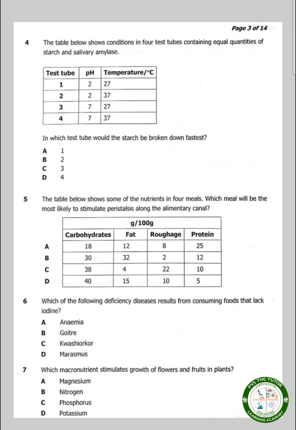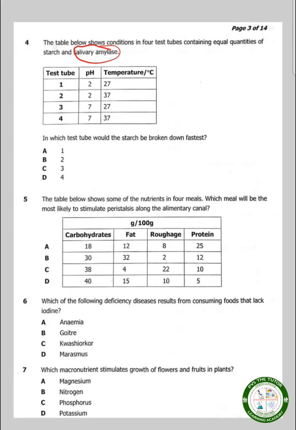Question 4 says, the table below shows conditions in 4 test tubes containing equal quantities of starch and saliva amylase. So we have test tube 1, 2, 3, the pH is there and the temperature are there. In which test tube would the starch be broken down first? Remember, here they're talking about enzyme. Saliva amylase is an enzyme. Now, for enzymes to work best, they need to have an optimum temperature of about 35 to 37 degrees Celsius. The pH should be acidic, or it can be basic based on the